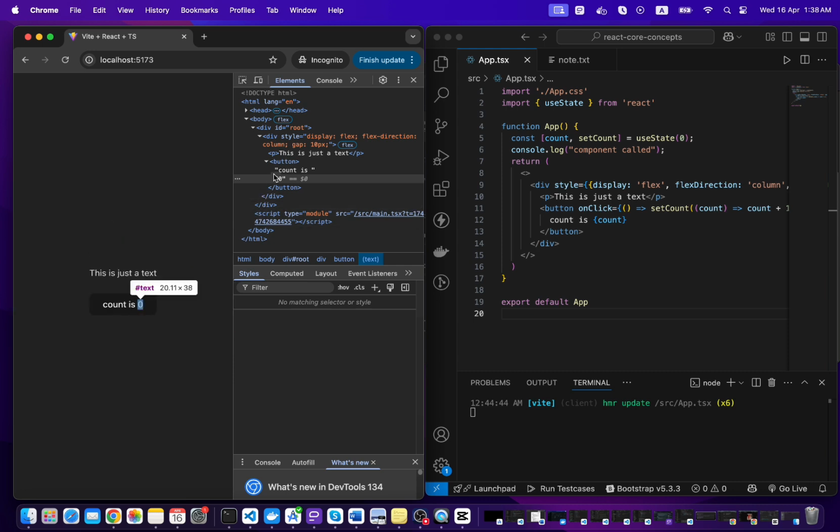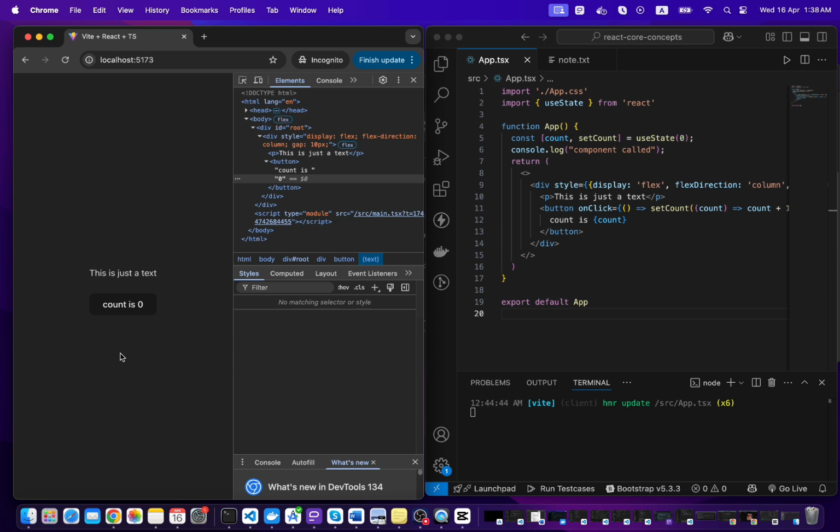Currently the value of count is 0, and if I click on this button, the value of count will be increased and it will be 1. React will create another virtual DOM with the updated value of count,